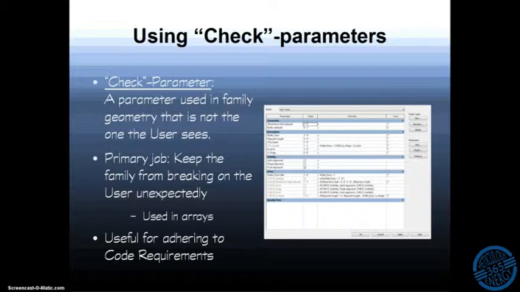A check parameter is a parameter used in a family that is not the one the user actually sees. I assume everyone here has typed a value into Revit that they thought would be in inches and it turned out to actually be feet, or vice versa. Typos happen all the time. Even well-intentioned values entered into a family can, under the wrong circumstances, cause the family to break on the user. The primary job of a check parameter is to avoid most or all of these occurrences. It's better for Revit to return a strange value than to outright crash. The primary job of the check parameter is to keep it from breaking,